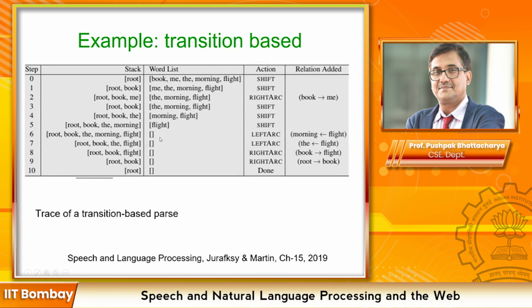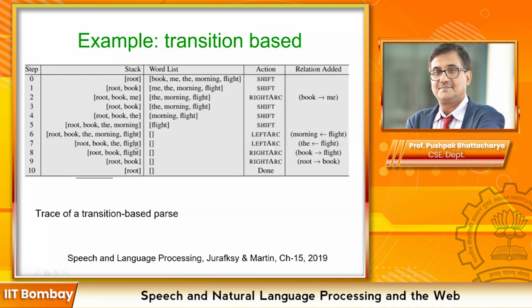Now clearly, since there is nothing to shift, at this point of time, reduction has to take place. You have to do left arcing, right arcing now. So at this point of time, I set up the relation between morning and flight. So this is a left arc. Why left? Because morning is to the left of flight. Okay, morning is to the left of flight. Now, morning and flight will have to be linked. They are linked. And since the modifier goes out of the stack, therefore morning is going out of the stack,